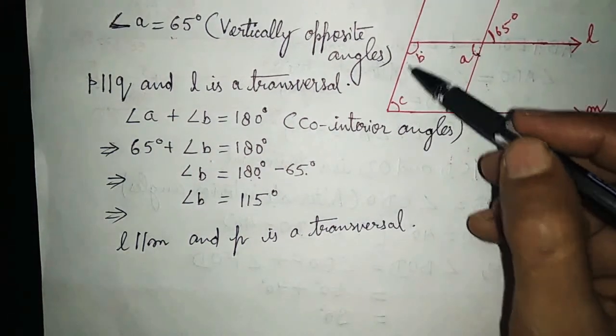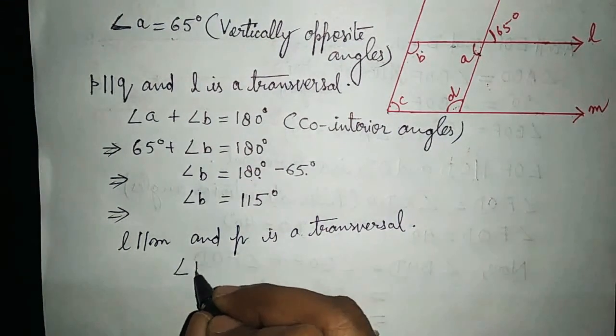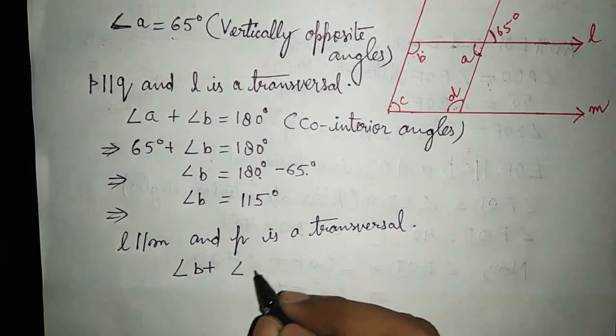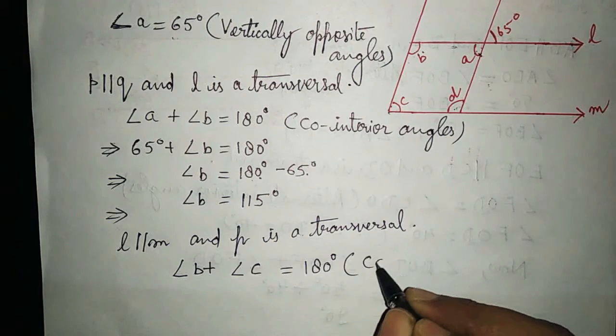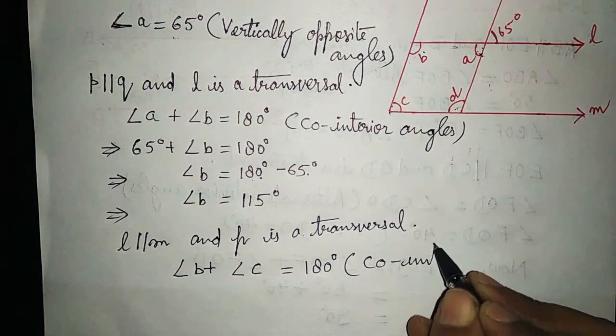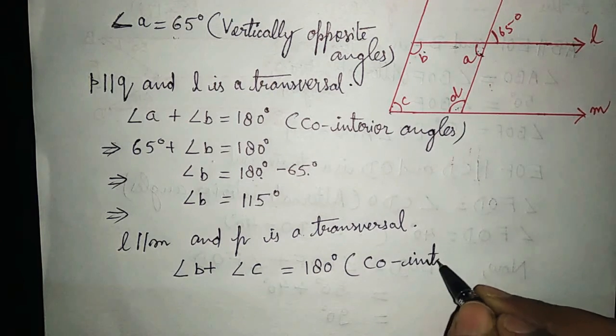Here angle B and C, these two angles are co-interior angles. Okay, so angle B plus angle C is equal to 180 degrees. We will write here co-interior